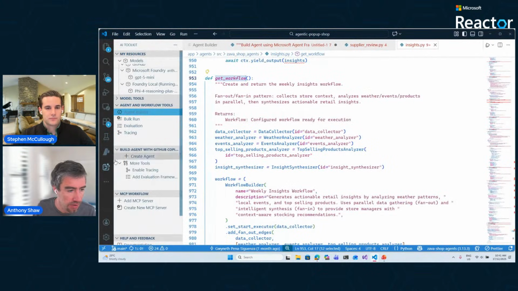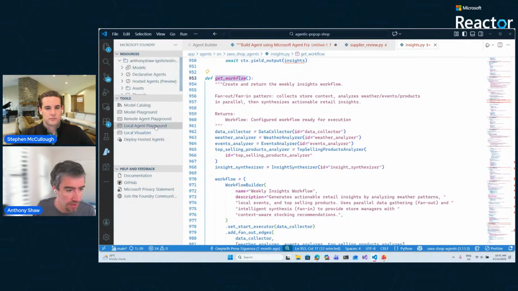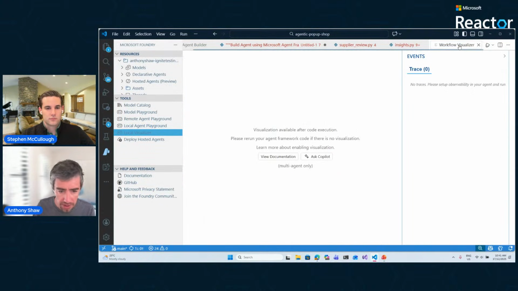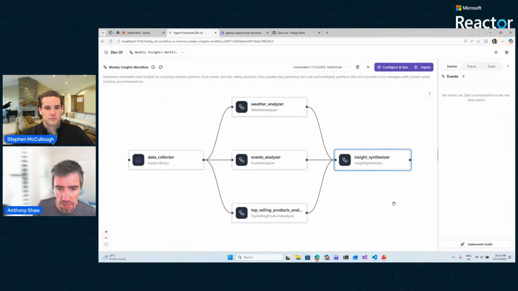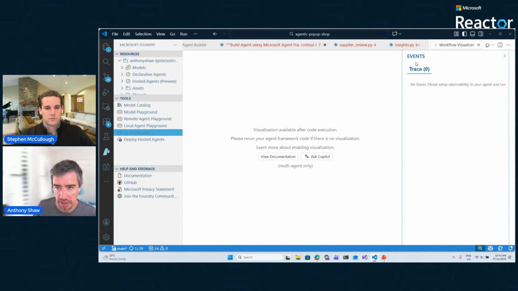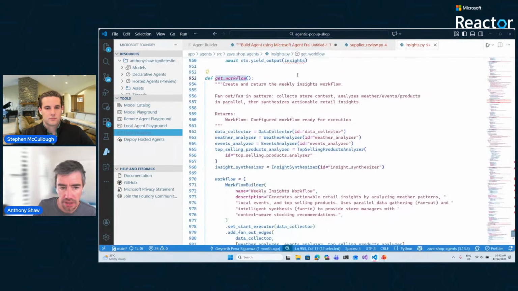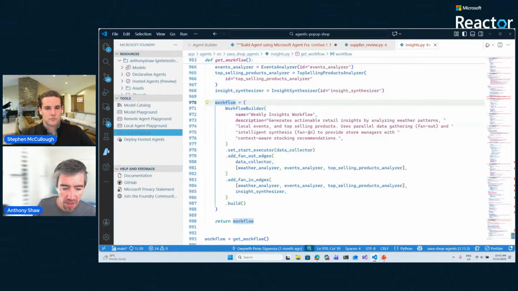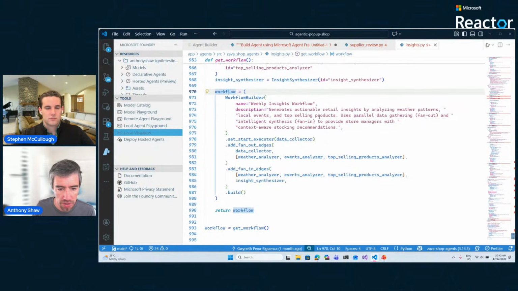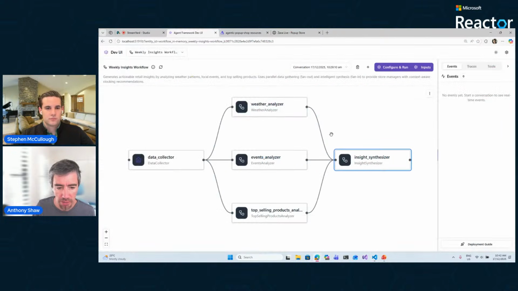Something else we can do is in the Foundry extension, there's a local visualizer. So if you wanted to see this information in VS Code, you can use that feature in the extension as well. So what I've done is then taken this code. This is the workflow that we've built, this workflow object in Python, and we can just run that workflow from code directly. So sure, we can run it in DevUI and experiment, but